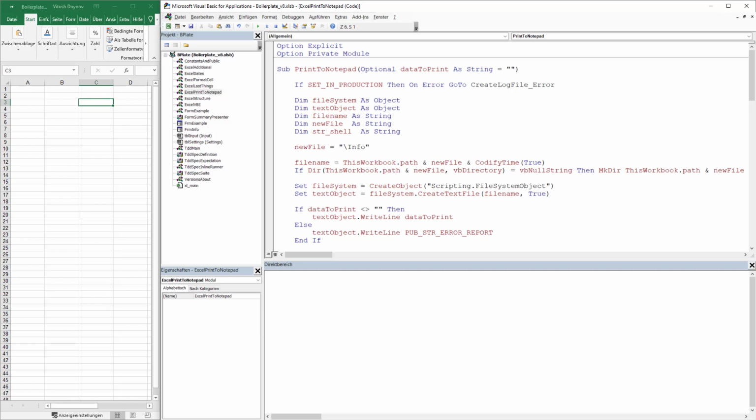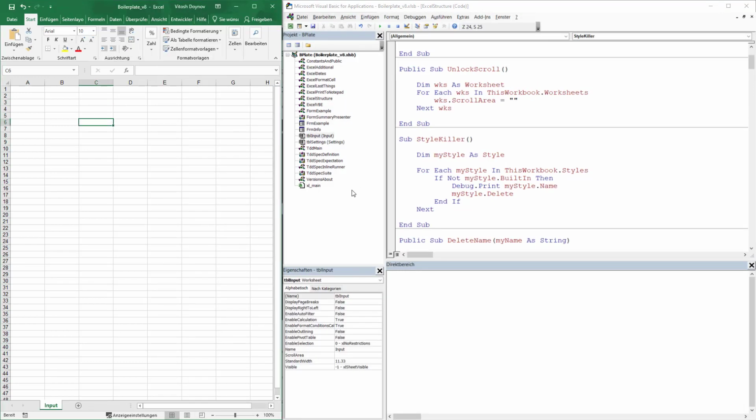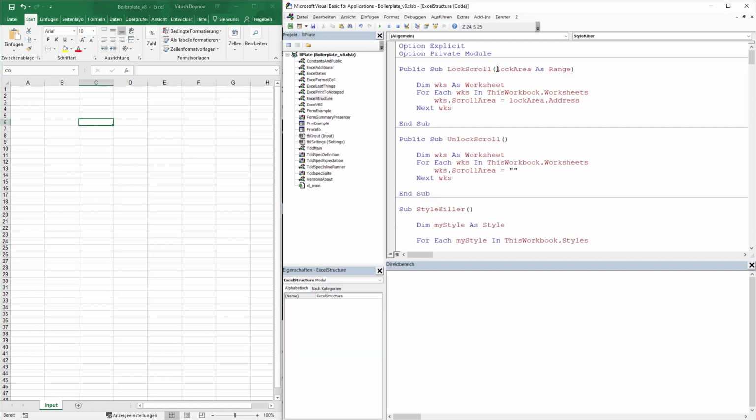Let's continue with ExcelStructure. So the ExcelStructure is the module that we're going to review now. Pretty much starts with scroll log. What does it do? Scroll log pretty much says the following. Just give me a range, any range, let's say A1 to A10, and I will scroll the log for every page